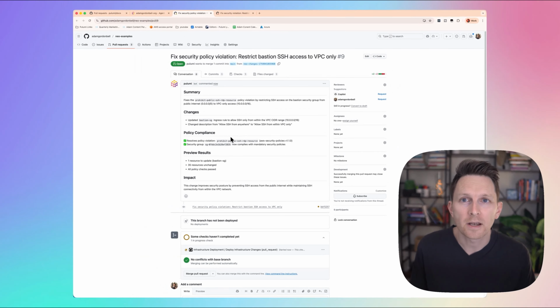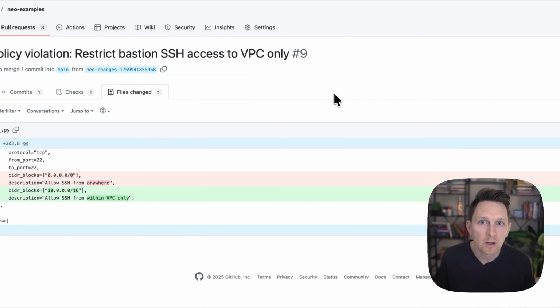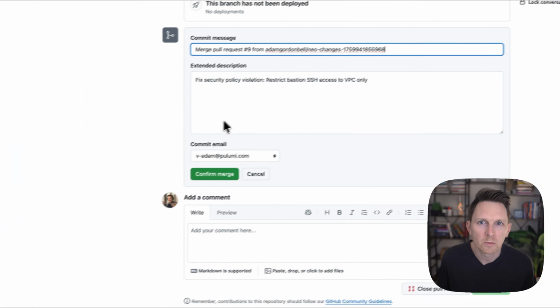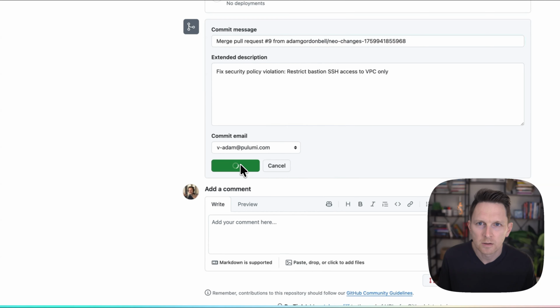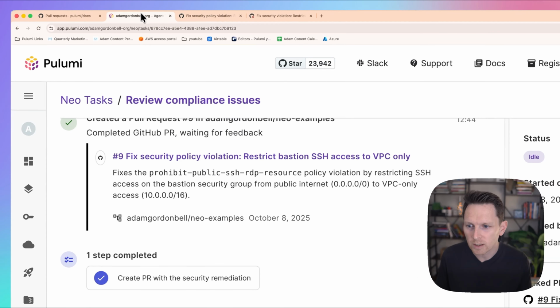The PR has a nice summary, and this is a great way to just keep a human in the loop. We can once again review these file changes, see what's being changed. We can merge this pull request and roll out our changes. All right, so it's merged, and then we can even ask Neo